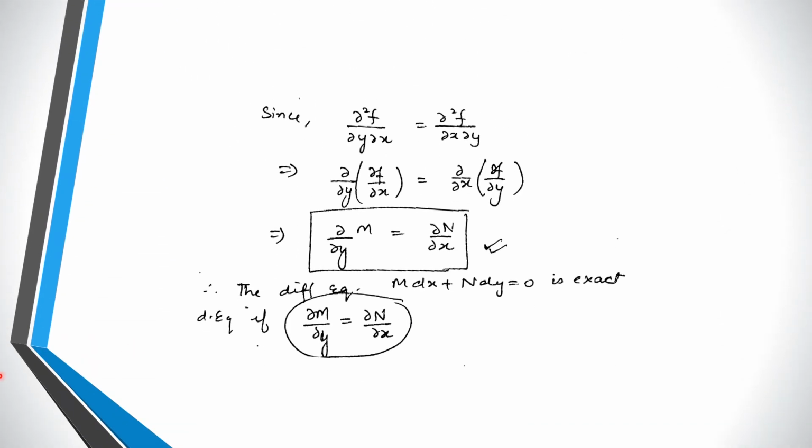Now just see what will be your equation for the exactness. Any differential equation in this form is said to be exact if this condition holds: the partial derivative of M with respect to y equals the partial derivative of N with respect to x. So we need to check this condition. We are given any differential equation of this form, we need to check that the partial derivative of M with respect to y is equal to the partial derivative of N with respect to x. If this holds, then the solution will be